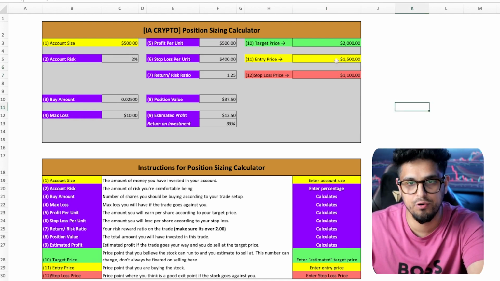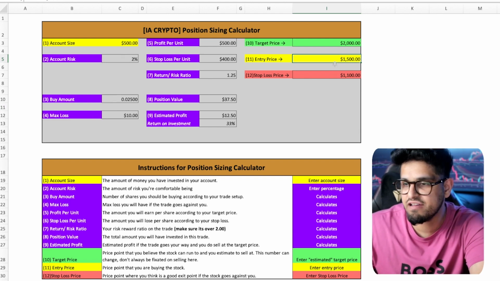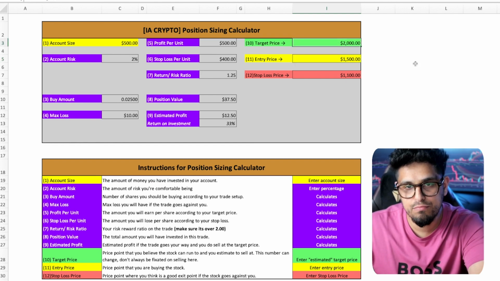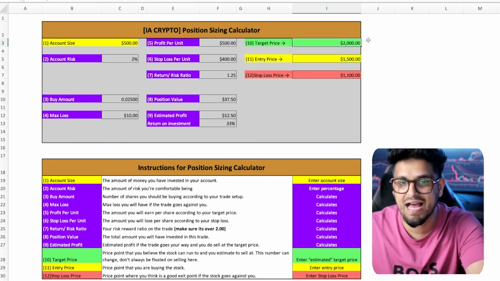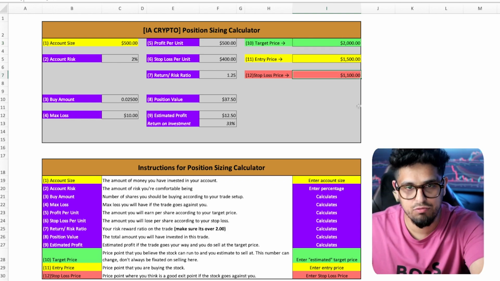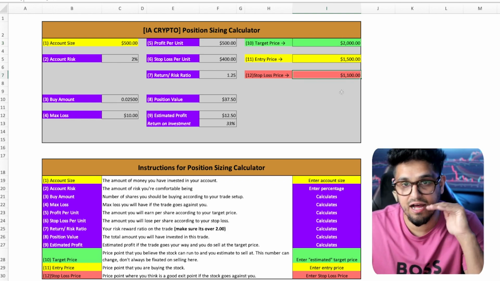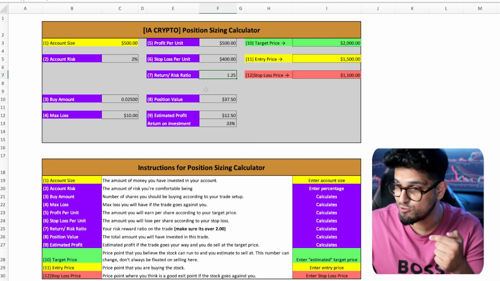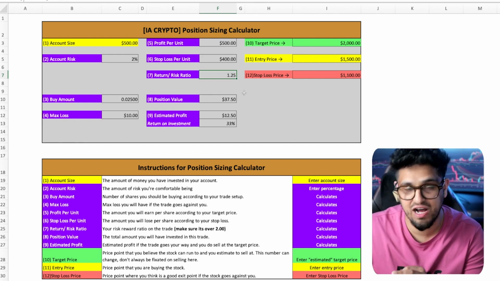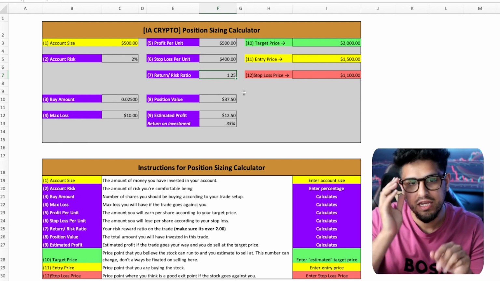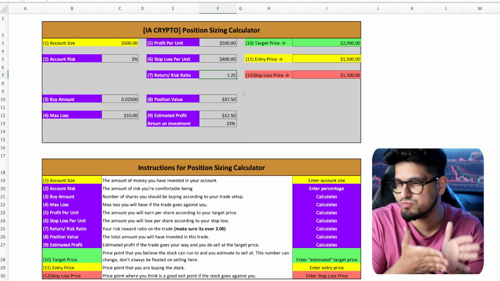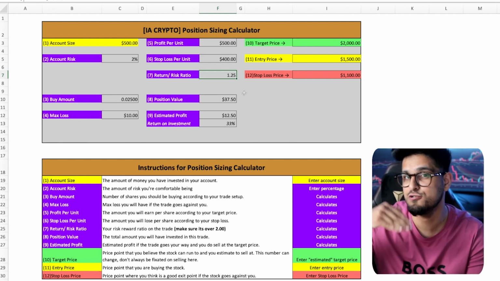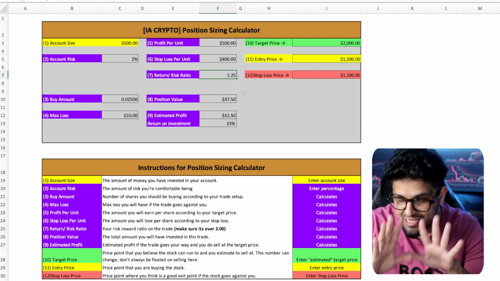So let's say, for example, I'm buying Ethereum and I'm going to buy at $1,500. So my entry price is $1,500. Now, if I get the move right, I want to be taking profit at $2,000. Now, to the downside, if I want to put my stop loss at 1,100, that calculates my risk to return, the R ratio which we just went through, as 1.25. Guys, that is not enough. Remember, if I can get this to 2, I'm stacking the cards much better in my favor. As you get more and more experience, you could even start getting this to 2.5, 2.75, and then even 3, right? But let's keep it at 2 for now.